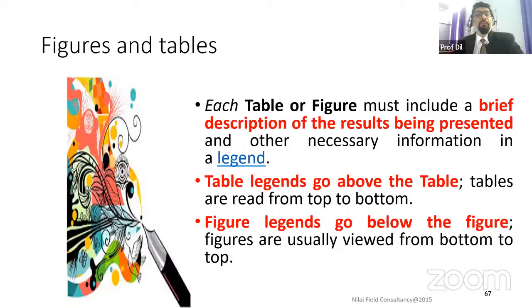Each table and figure must include a brief description. I told you this just a few minutes back. Every table should be interpreted. But that interpretation is not the findings. The findings come at a later stage after this table, because they are the numbers. You just describe exactly what the table is, but interpretation will come at the discussion and interpretation time. So you have to be very careful.